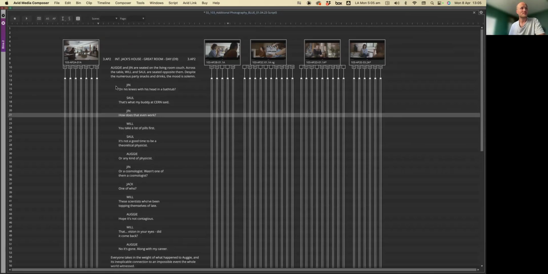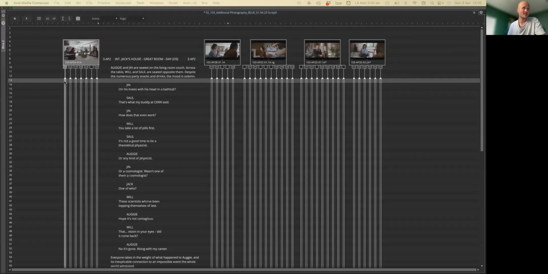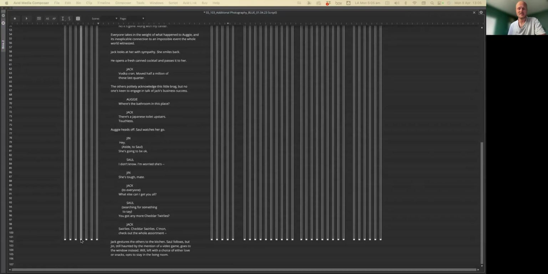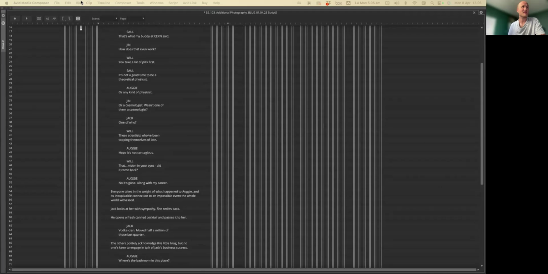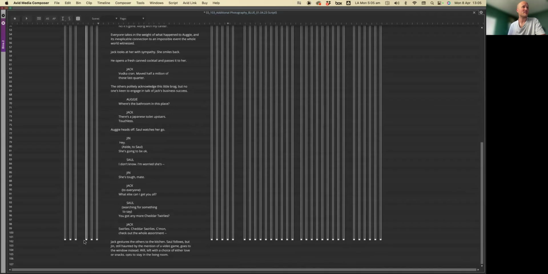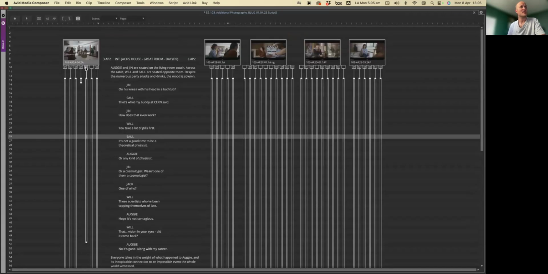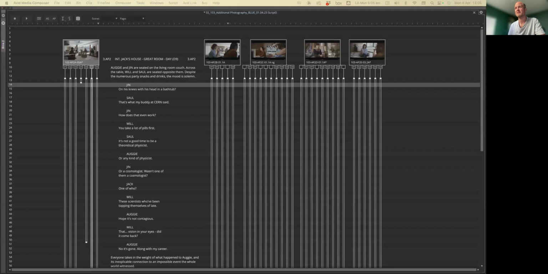And even more than that, I'm going to go through and mark up. I'm going to listen, or my system will listen, to each take and mark where it begins and ends. So for instance, this take, they don't even get into it. They reset straight away, so you can drag the end straight up there. This take here ends before Oggy says, no, it's gone. So it ends there. So I'm going to go through every single take, listen to the beginning, listen to the end, and mark up